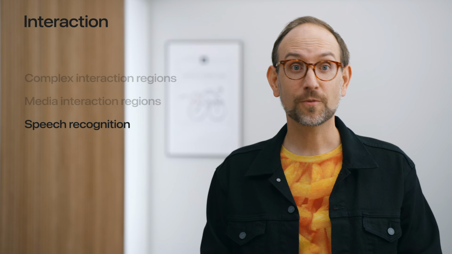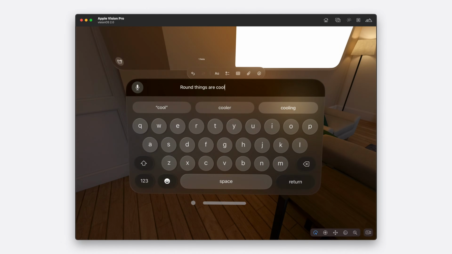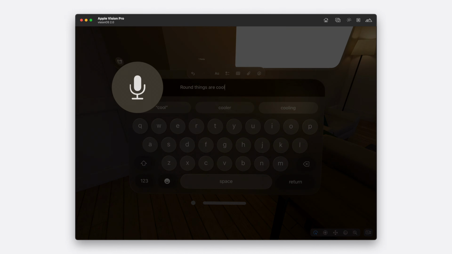Next, you can use your voice for input on the platform in a couple of different ways. Just like on iOS and iPadOS, you and your users can use voice input for any text field just by tapping the microphone icon that pops up with the keyboard. But you can get more flexibility when you want it through the Web Speech API.